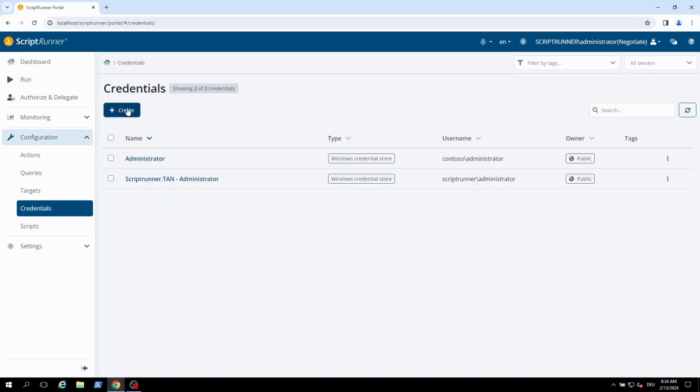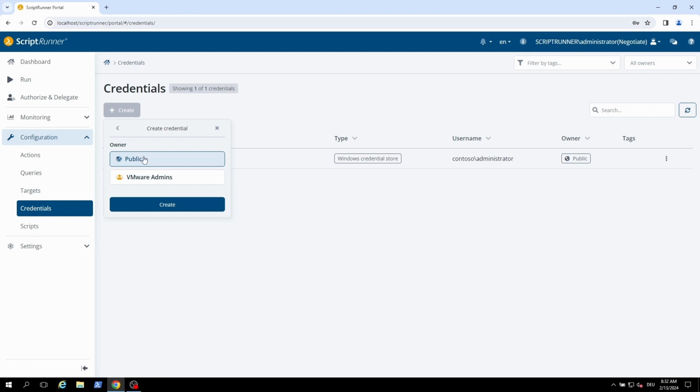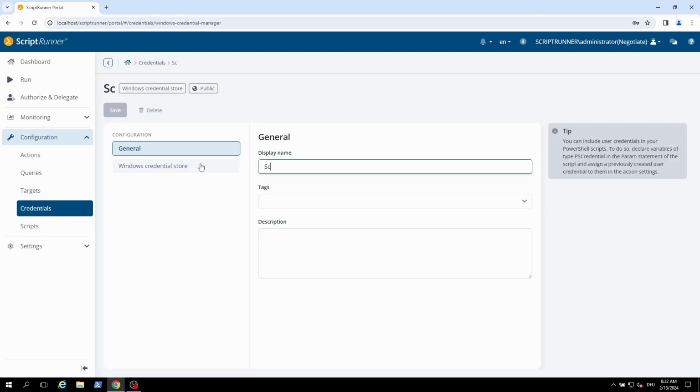There are several types of credentials you can use within ScriptRunner, starting with the Windows Credential Store. This type is used to store passwords, credentials encrypted within the server vault. With WinRM, you can use client certificate, you can choose a password server element, the PowerShell secret management, and finally an SSH key. If you choose Windows Credential Store, you need to define a display name and a tag,